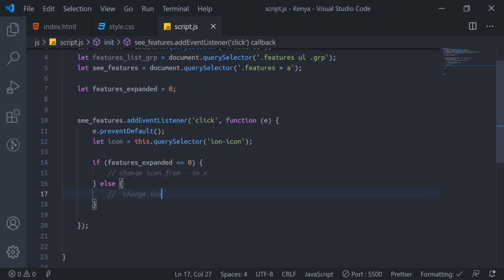That means change the icon from X back to this. So how would we type this kind of thing now?